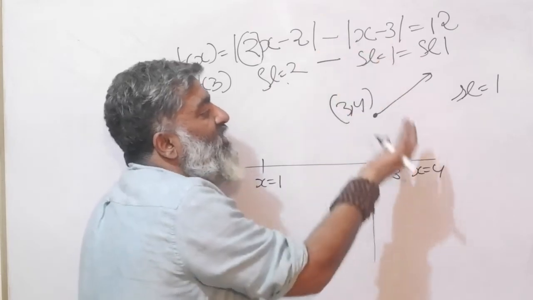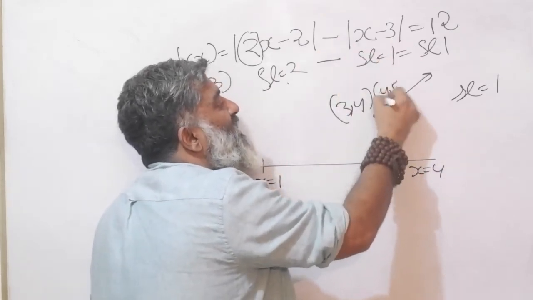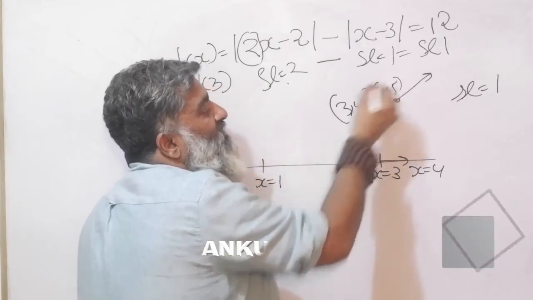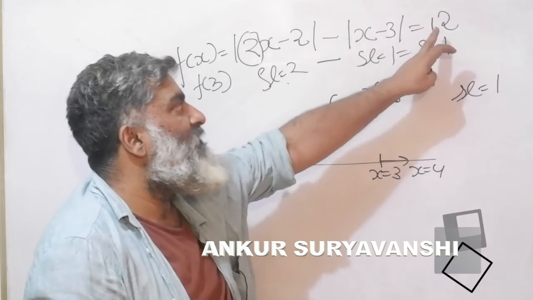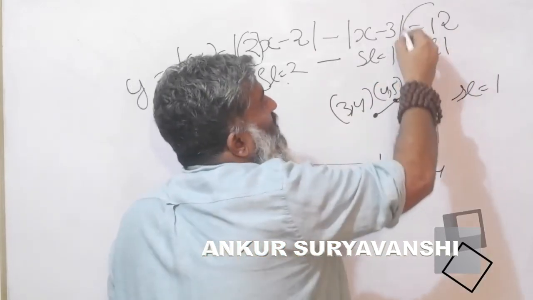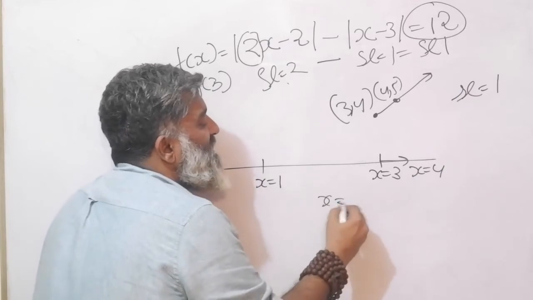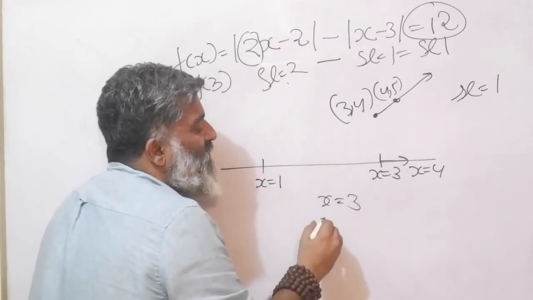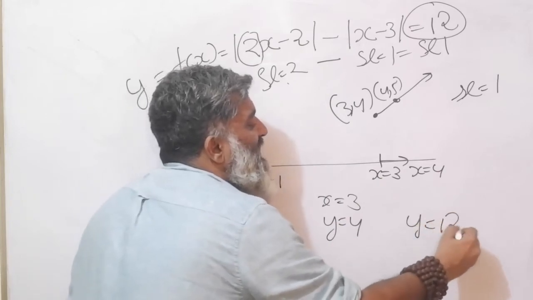And 6 minus 1 will give you a 5. So the next point in the story, if you notice, is (4, 5). The value of x is 4 and the value of y is 5. And again, if I want the overall function to be 12, let's stay with the story. x is 3 because we figured that point out already, and y was equal to 4. And now I want y equal to 12.